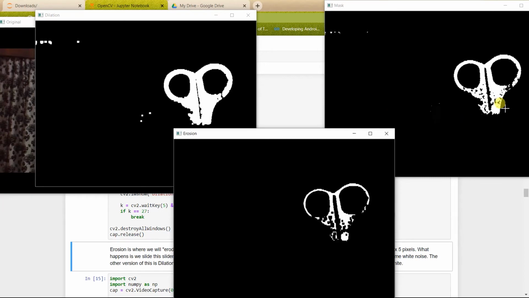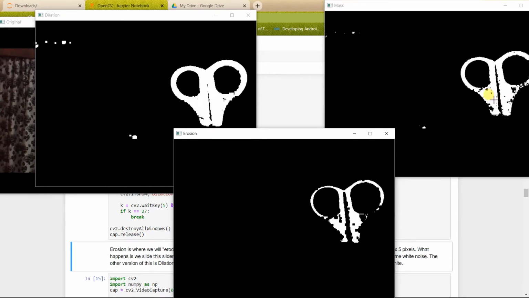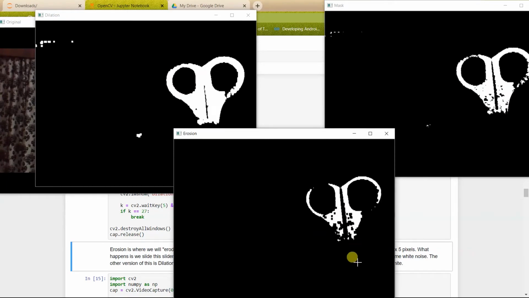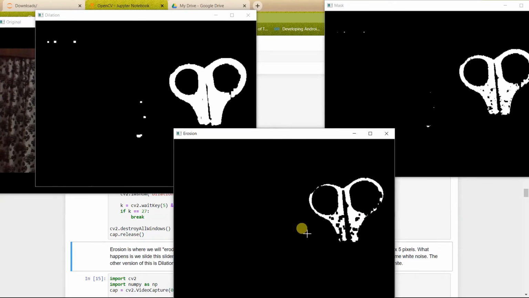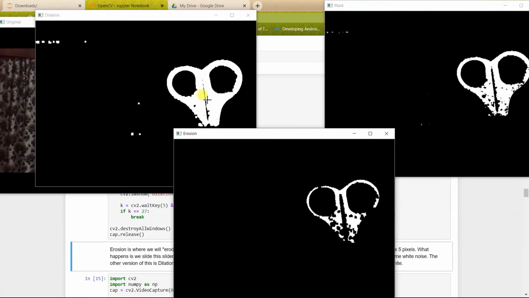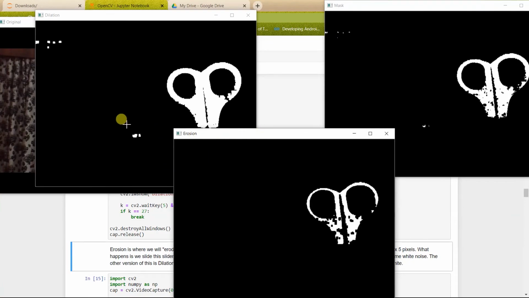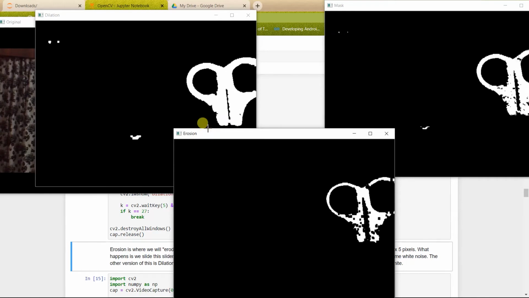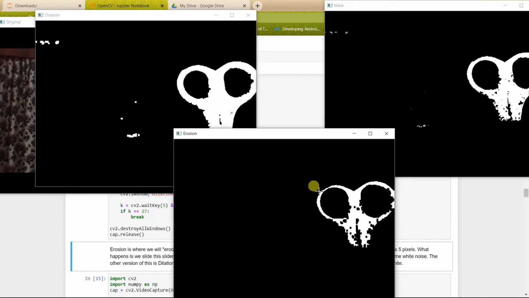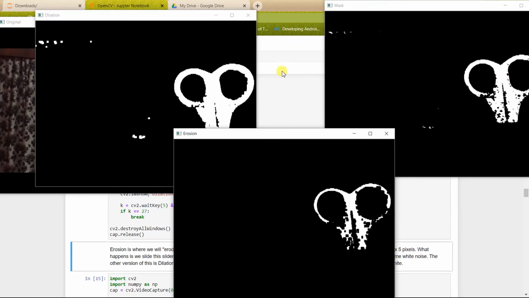Okay, so the mask is also fine, but it consists of noise, right? So the erosion actually enhances the noise in the scissor but removes the noise outside the scissor, but the dilation enhances the noise outside the scissor and reduces the noise inside the scissor. So actually we need a combination of both of these to get an appropriate output.